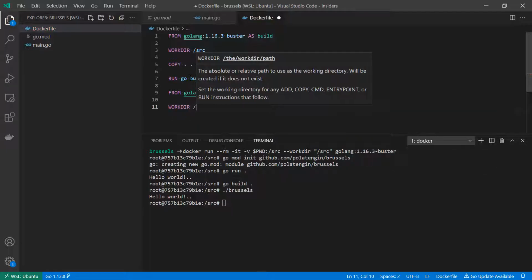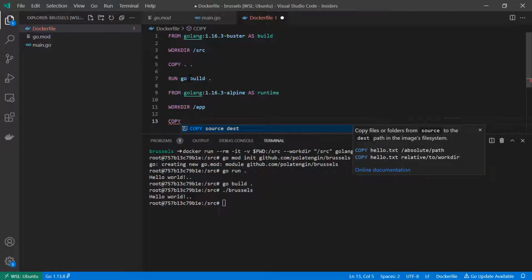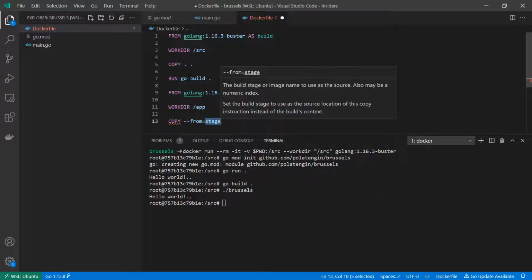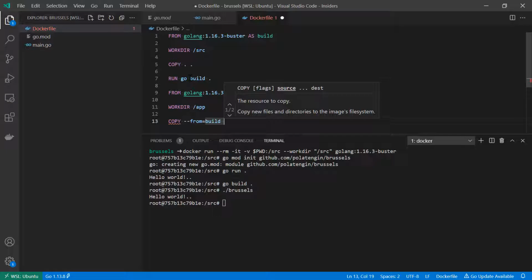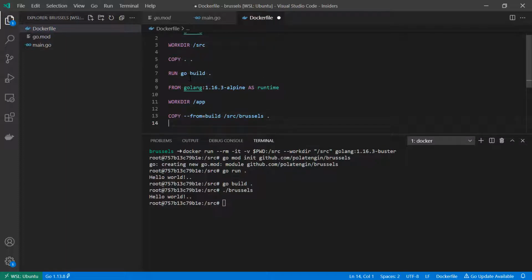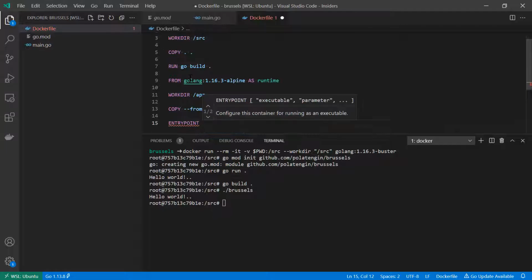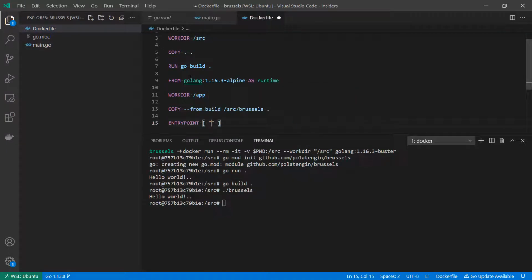Workdir there is gonna be app, and let's copy from the build stage the compiled binary to the app folder at the root. So we just need to set the entry point of this container as app